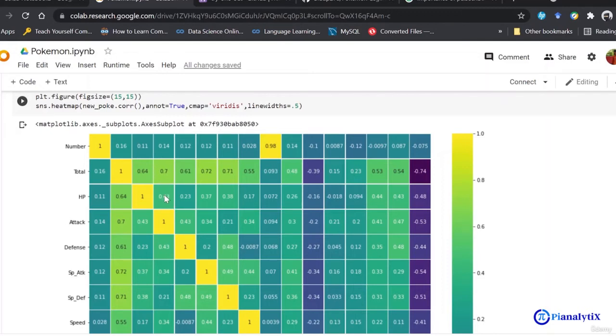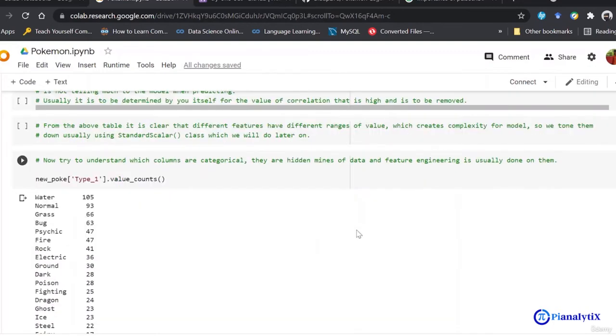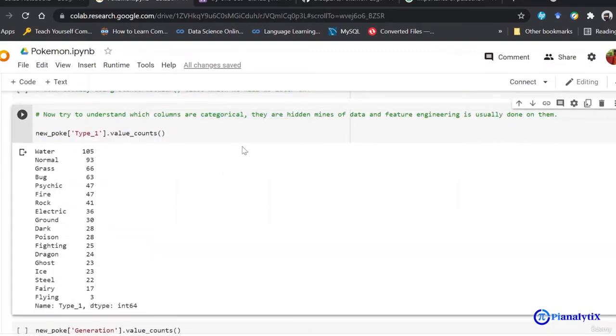After that, we start off with handling our categorical columns or categorical data. Now, categorical data are like gems. They have a lot of hidden data in them. And if you're able to extract that data, your model would have a lot more predictive power as compared to before.